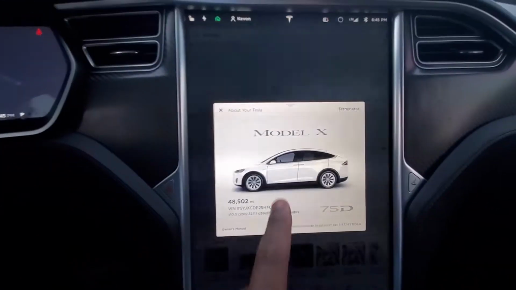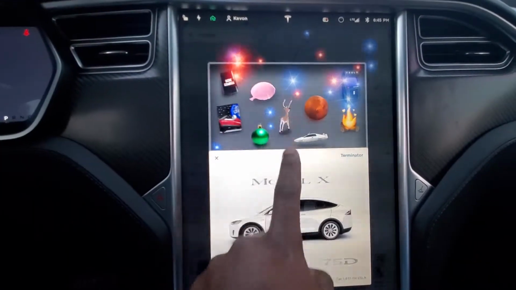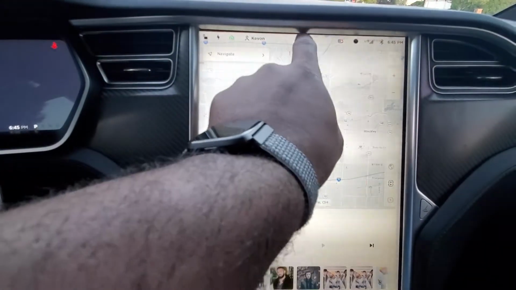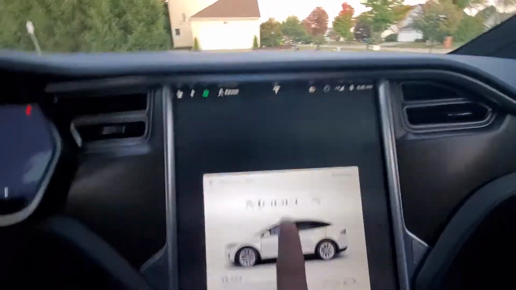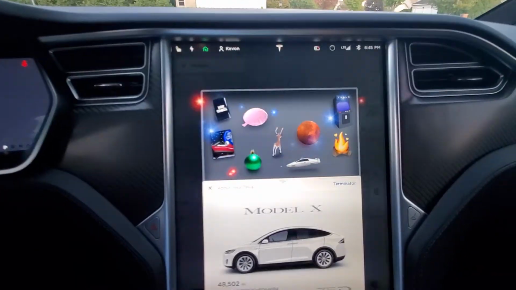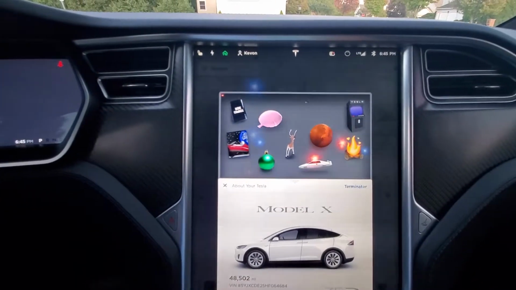it'll give you specs on the car, right? And if you scroll down, you tap the T, right? Oh, it's tricky with a camera in your hand. And then you can slide down, and sometimes it does it automatically, but it has a lot of little fun